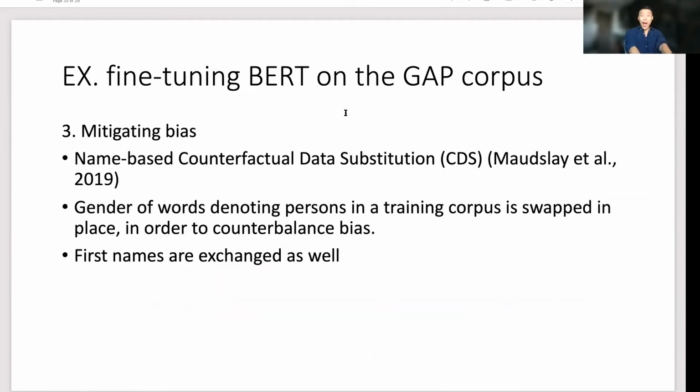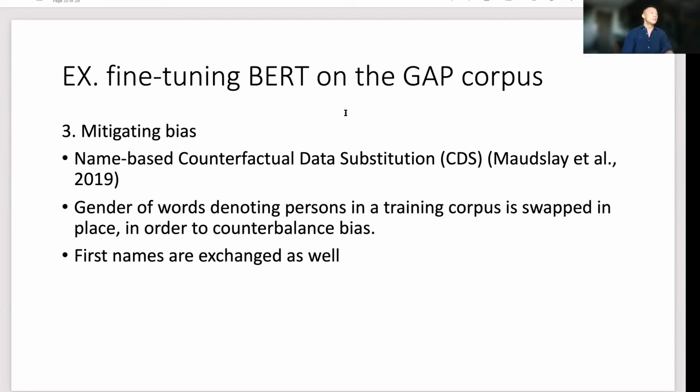So how do you do that? There's a bunch of ways that we can augment the data, which means we will modify the data in some way that will eliminate the gender biases. You could use name-based counterfactual data. You can substitute some of the names so that it balances out. If you see a name that is male, you can substitute it with a name that is female, and that's usually quite easy to do because you have to do this automatically for a large amount of text.